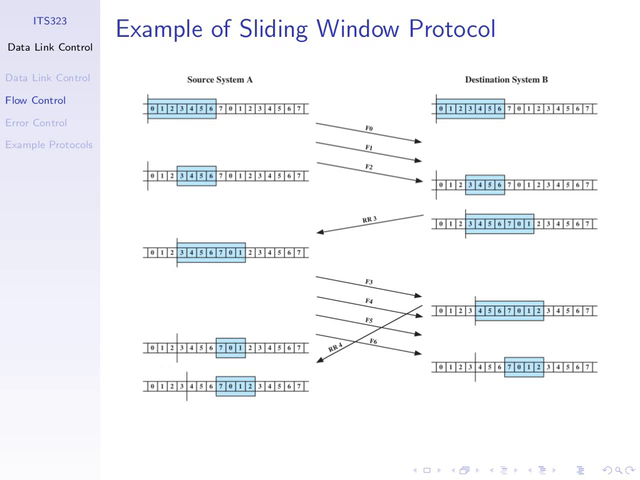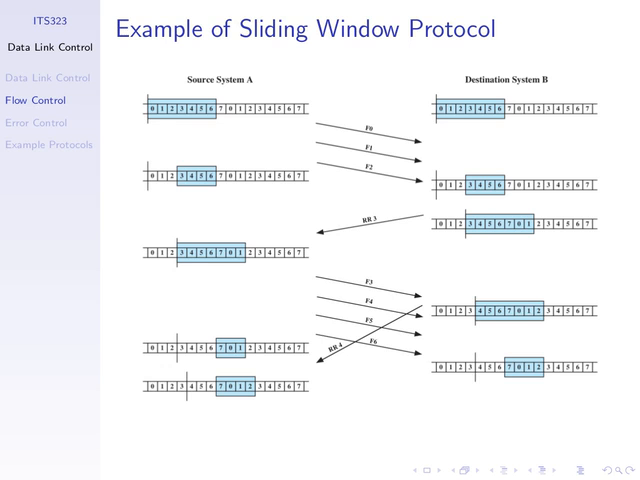After sending this RR7, I've heard 3, I've heard 4. This is the viewpoint of the receiver, or destination B, before it sends the RR7, the receive ready 7. Then after sending this, what does it look like? It's 7. That is,